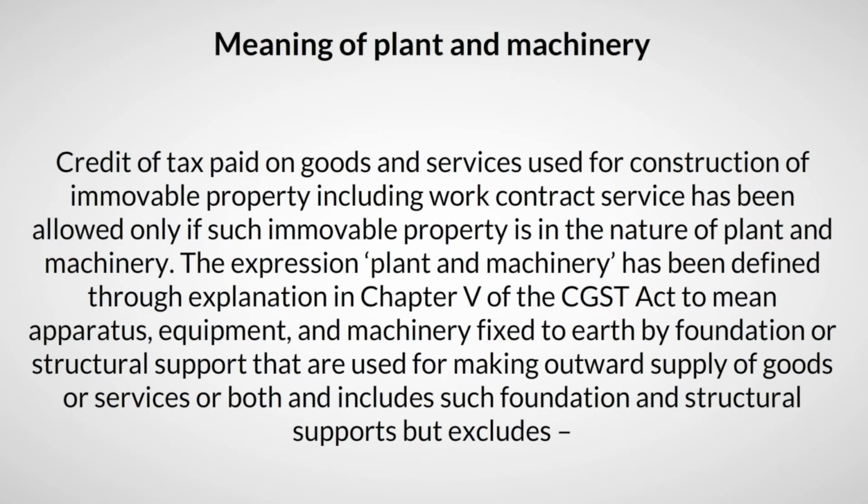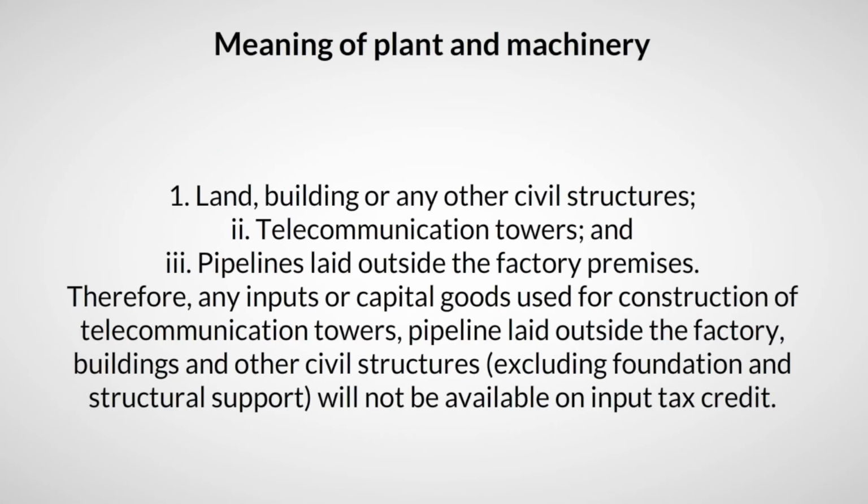Meaning of plant and machinery. Credit of tax paid on goods and services used for construction of an immovable property, including works contract service, has been allowed only if such immovable property is in the nature of plant and machinery. The expression plant and machinery has been defined through an explanation in Chapter 5 of the GST Act to mean apparatus, equipment, and machinery fixed to earth by foundation or structural support that are used for making outward supply of goods or services or both, and includes such foundation and structural supports, but excludes: